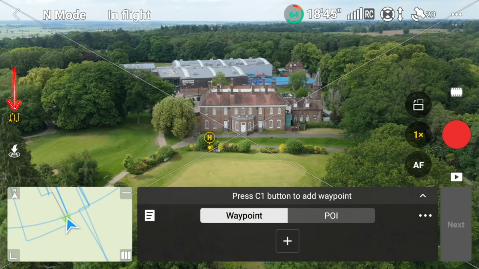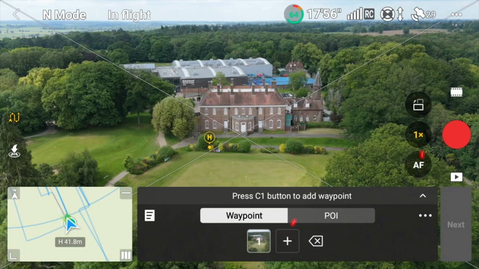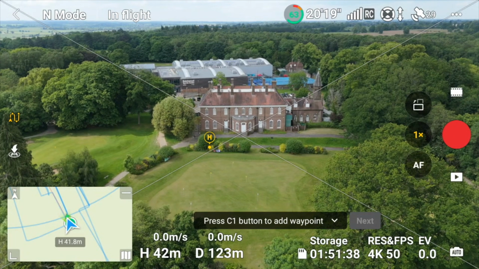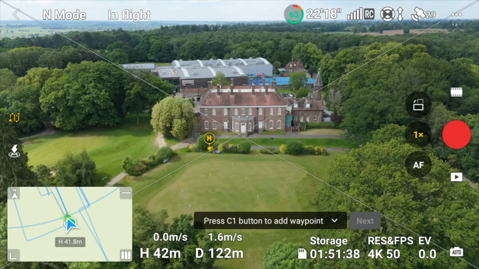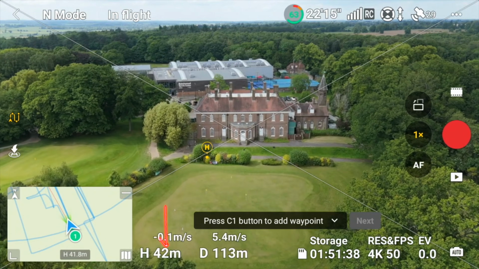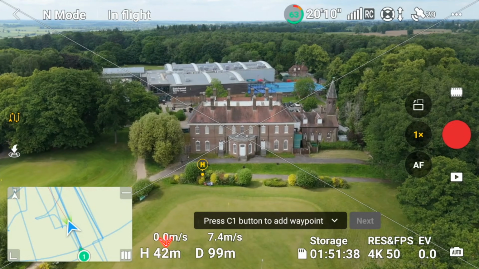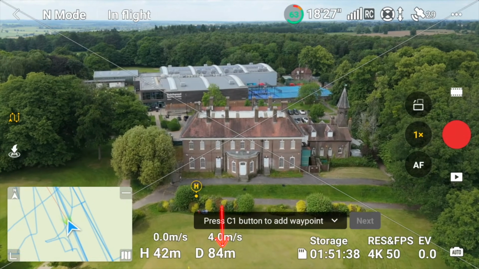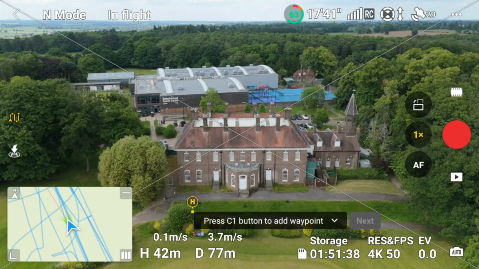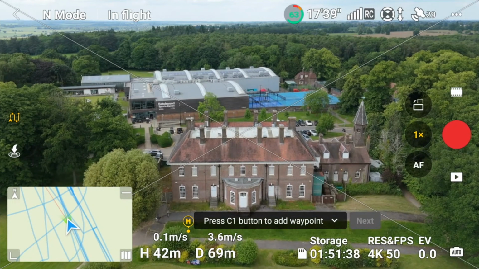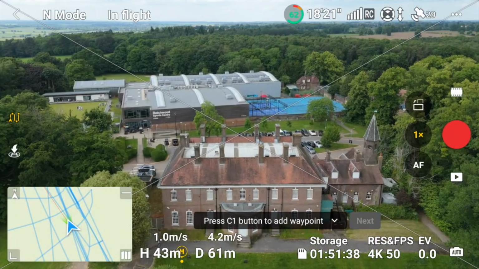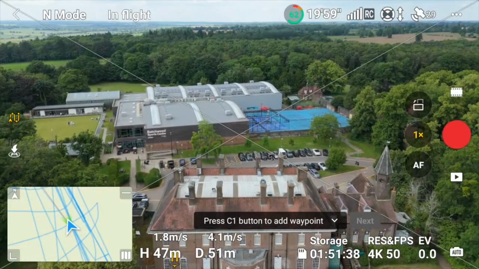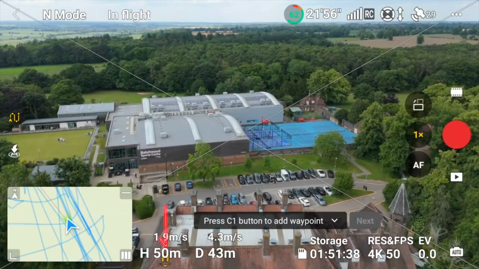So I bring up my waypoints. This is my first shot. I'm going to hit add, and I'm going to just minimize that so I can fly the drone in. Now I'm at 40 meters in height and just over 100 meters away. So I'm going to bring this in. I'm going to go slightly up to about 50 meters